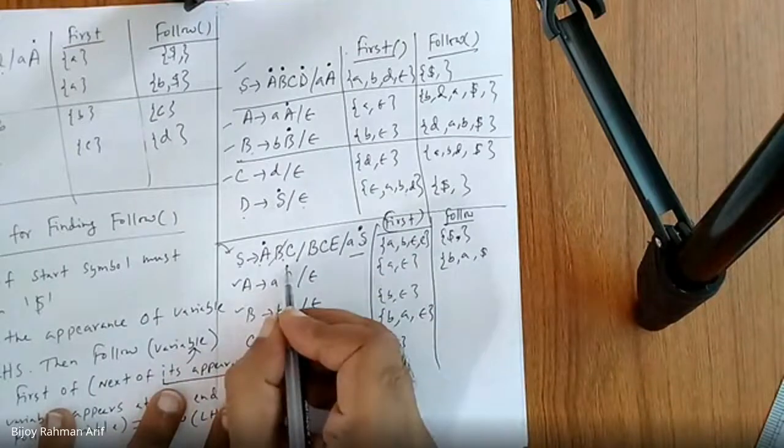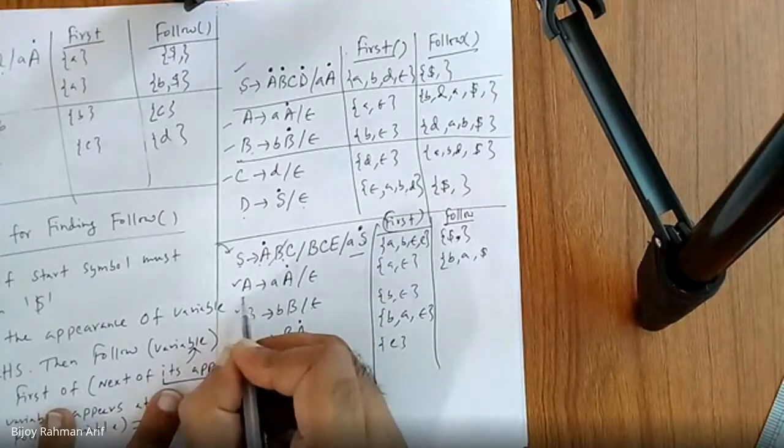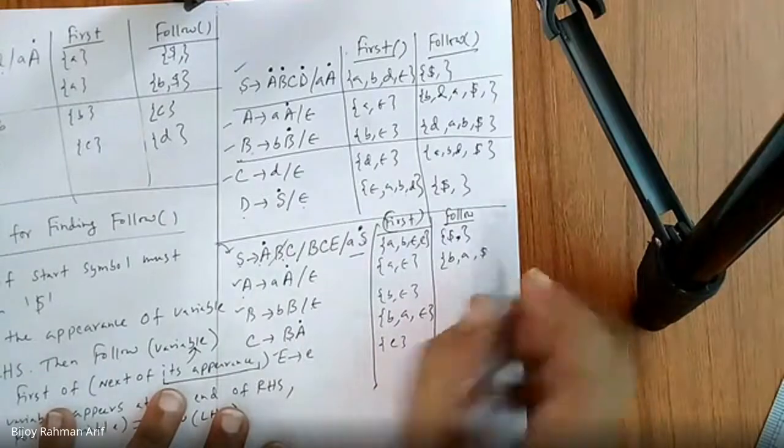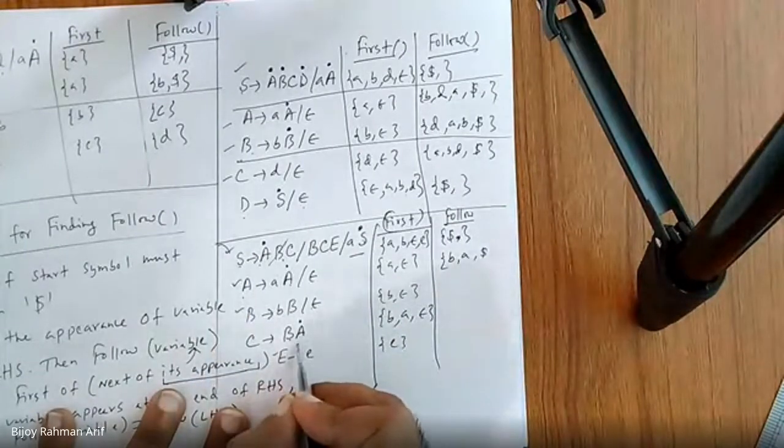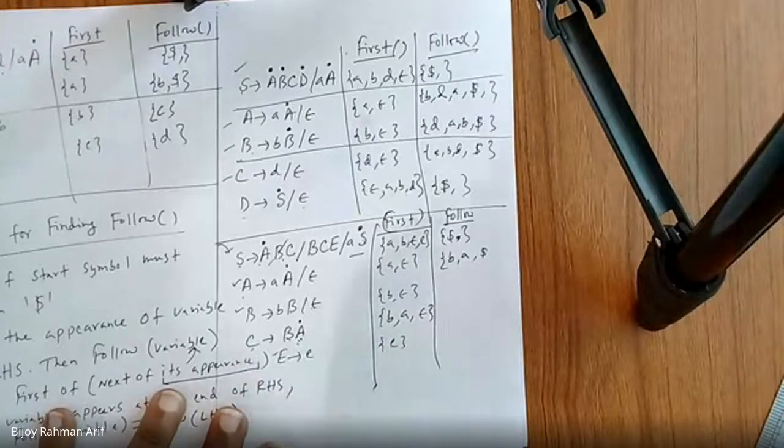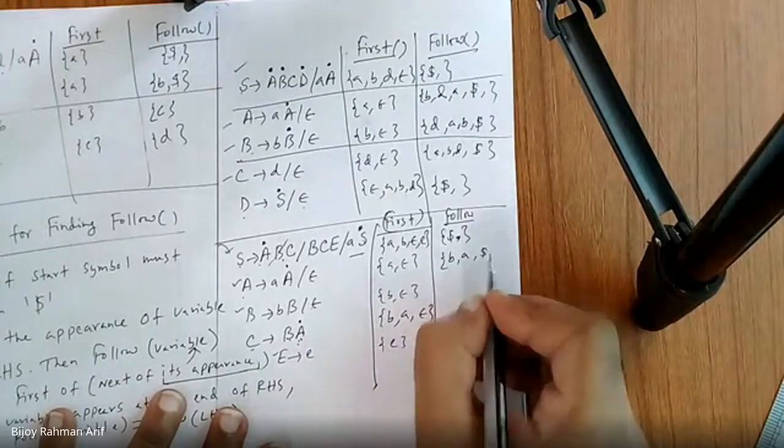Let's go over here. Follow of A is nothing but follow of A, so it is not going to consider anything new. So we are done with this. But this one is important. A appears at the end of the production. So follow of A is nothing but follow of C. We don't know what is follow of C. We have to wait. So we can stop over here.